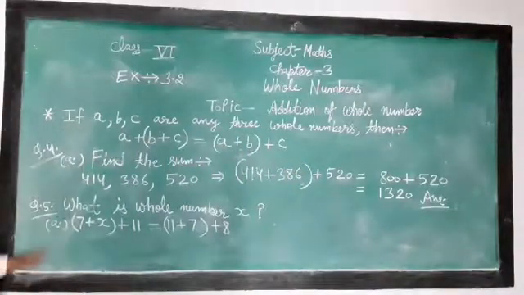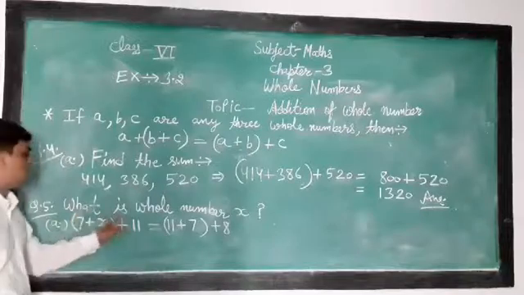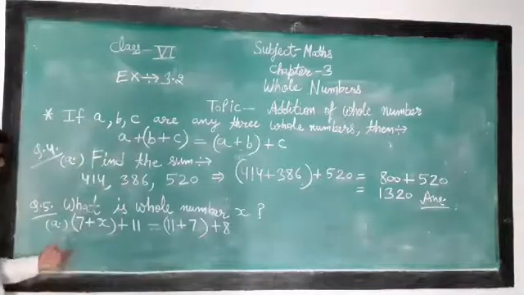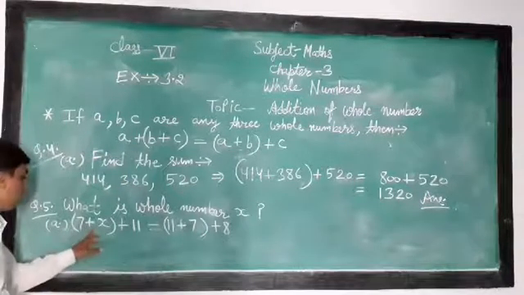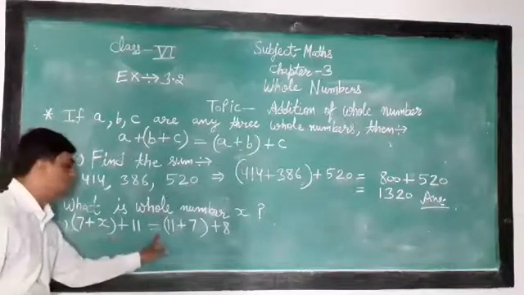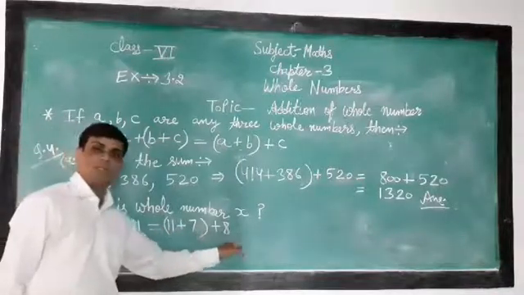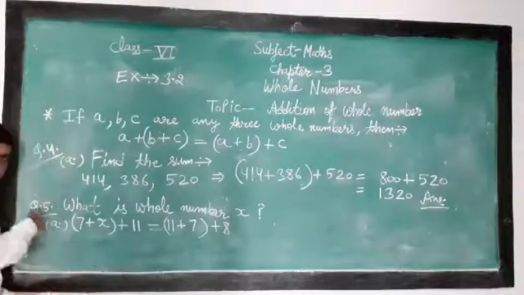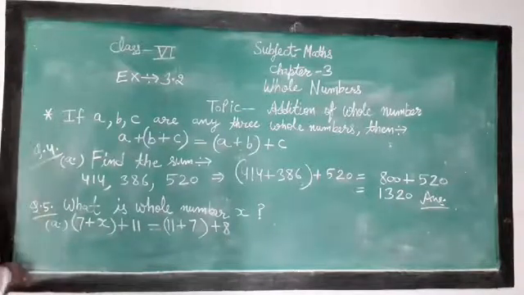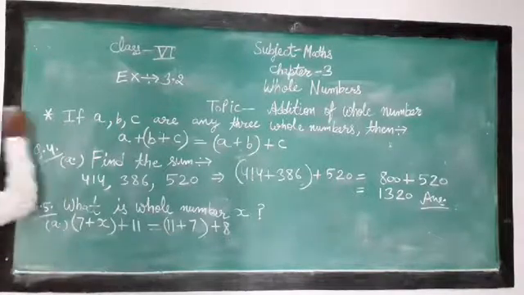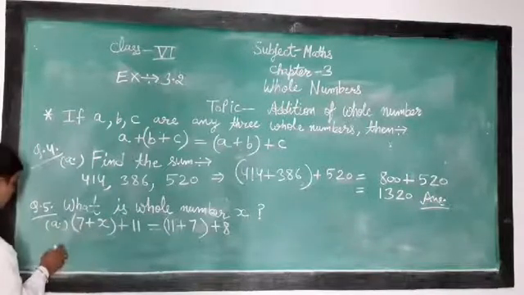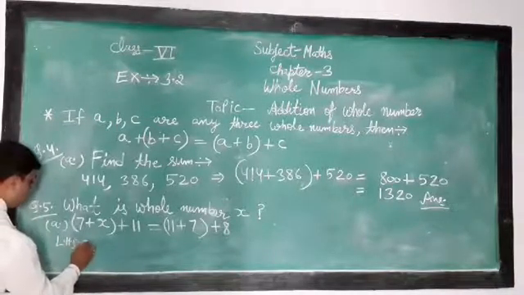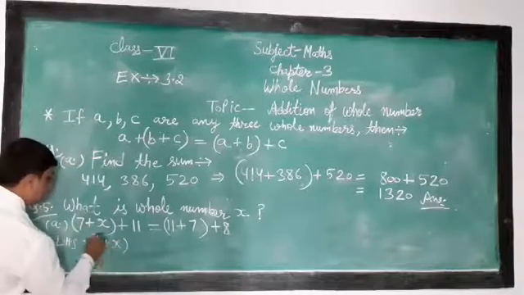Now next question. Question number 5. What is whole number x? Find the value of x. Question is 7 plus x plus 11 is equal to 11 plus 7 plus 8. Now both sides are equal. Check the question. Left hand side, 7 plus x plus 11